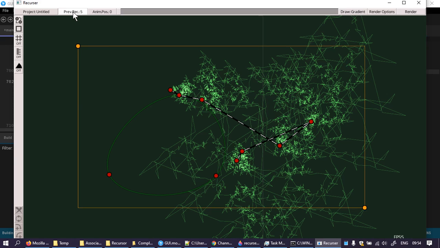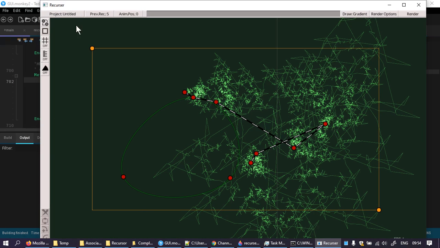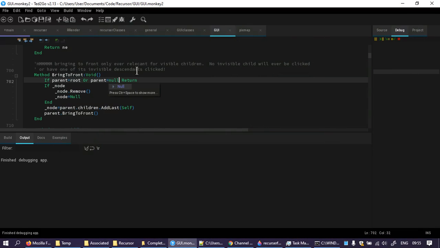It's not recognizing. And it's not just because my frame rate is so low. It's not picking up clicks. It's not crashing. But it's not sensing mouse clicks. Now,